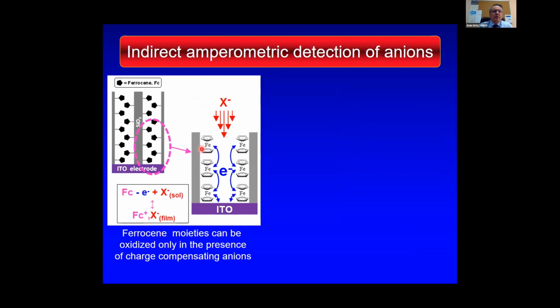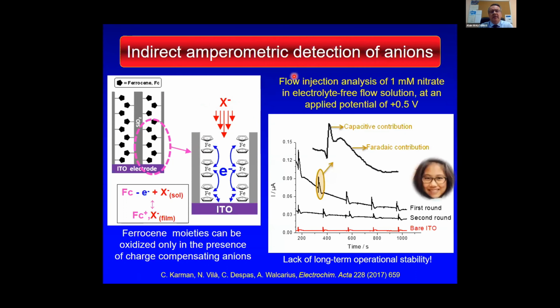Checking that the oxidation of ferrocene would need the charge to be compensated by an anion. And taking this in mind, we could try to develop an indirect amperometric sensor for anions. And indeed, this is the case if you use a flow stream of only water, and if you inject some